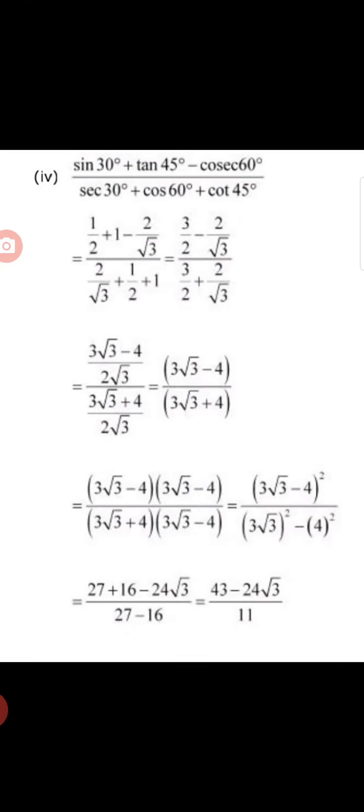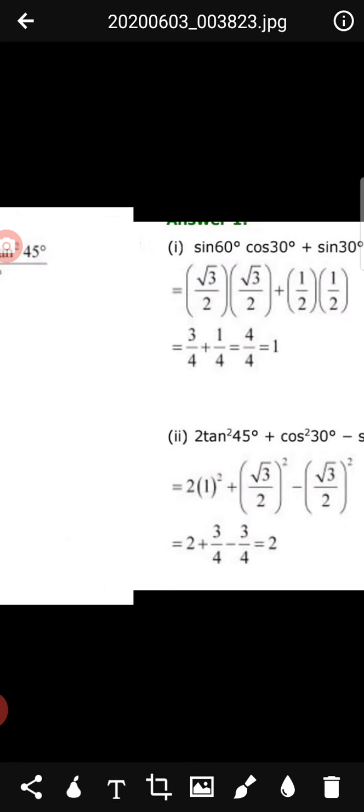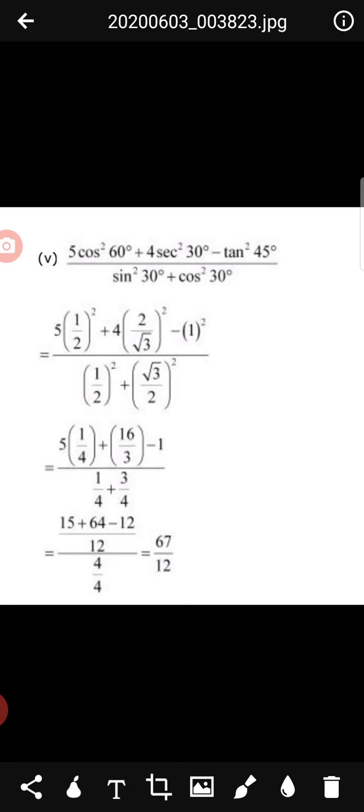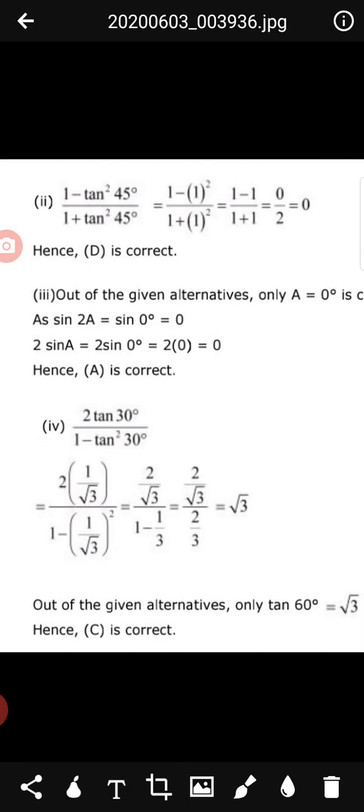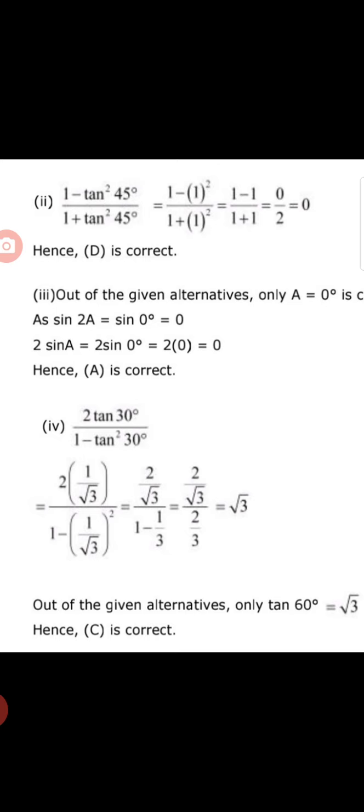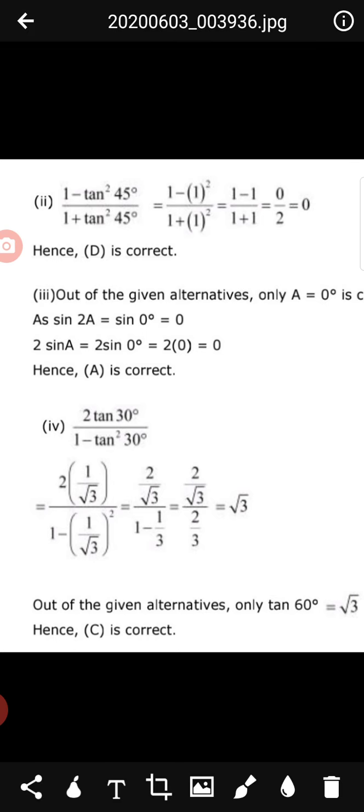Next, again the same kind of question is there. You have to find the value of that and do the homework. Whatever remaining problems are there from exercise 8.2, complete that exercise. And today we complete our session, this video. Tomorrow we will see the next concept of complementary angles. Thank you.